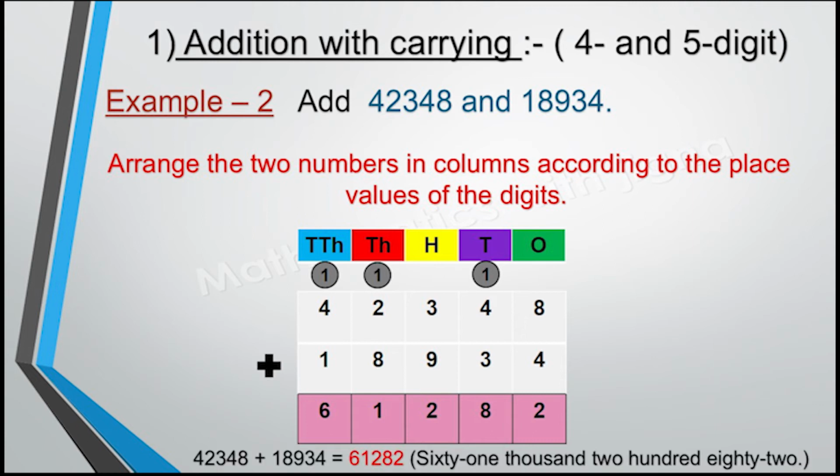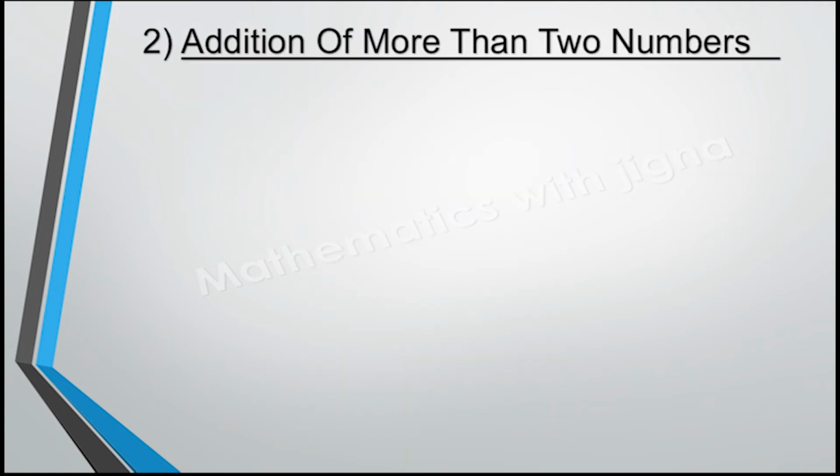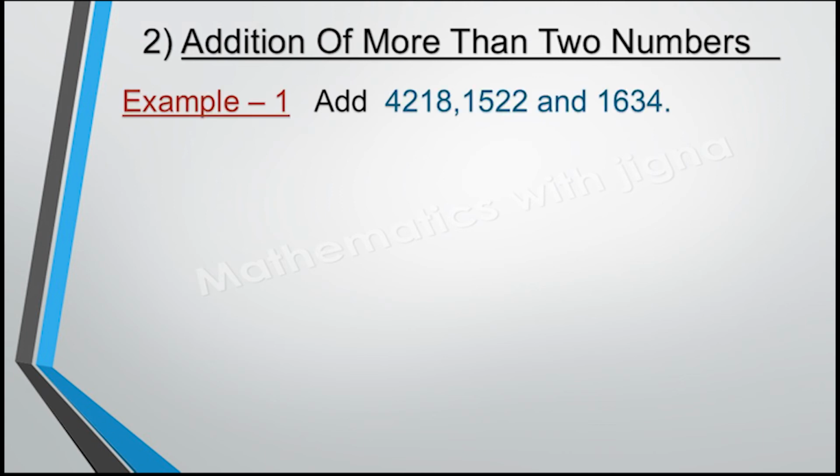Thus 42,348 plus 18,934 is equal to 61,282. So students, this is how you can do the addition with carrying. Now we will learn how to do addition of more than two numbers. Let's take one example. Add